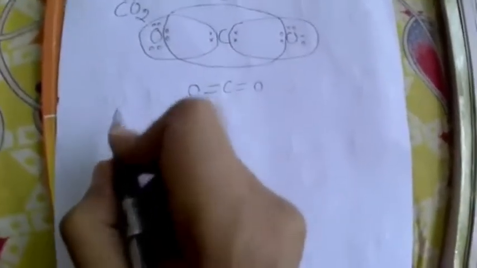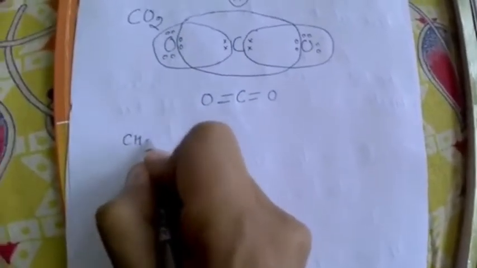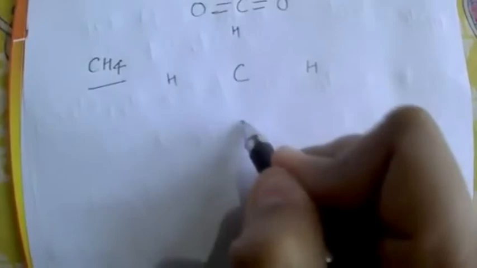Now the last example we are going to take in covalent bonding is CH4, methane gas. Marsh gas also, as it is written in many books. So let's take carbon and 4 hydrogens. On 4 sides we make 1, 2, 3, and 4. Draw the hydrogen with the cross, and for carbon, how many electrons? Only 4 in the outermost shell. So let's draw 4 electrons in the outermost shell. Let's structure it.